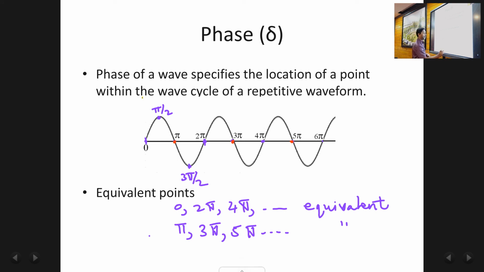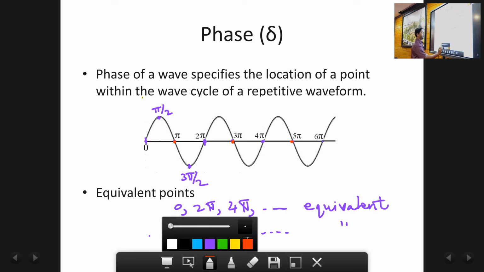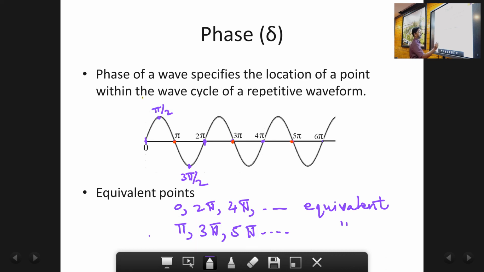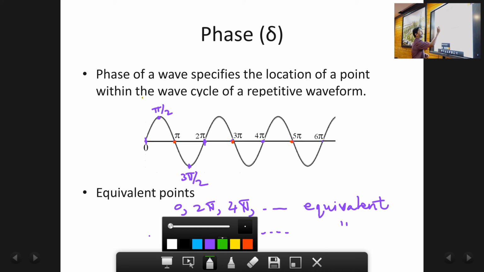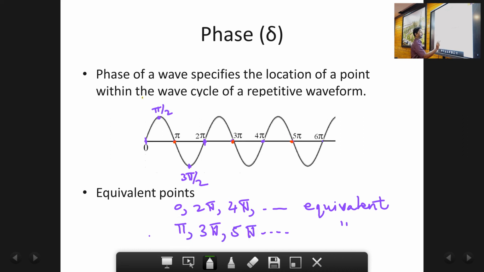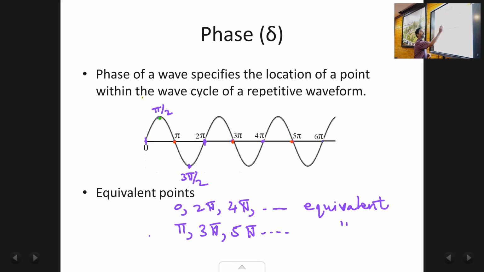Similarly, you can have more equivalent points. Suppose we say pi by 2. If I consider this point as my starting point, the next equivalent point of the wave is this point over here, which will be 5 pi by 2. The next equivalent point will be 7 pi by 2 and so on. So all these points are equivalent. Why? Because they are in the same position with respect to the wave. Okay? So having understood this concept of equivalent points,